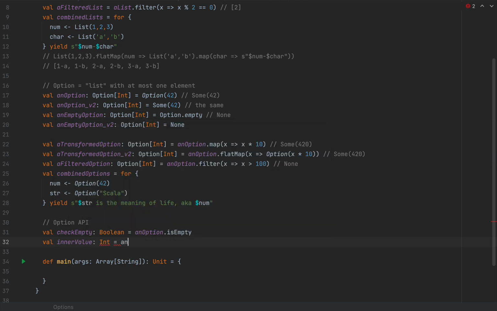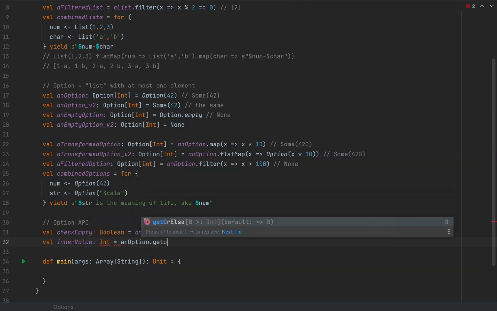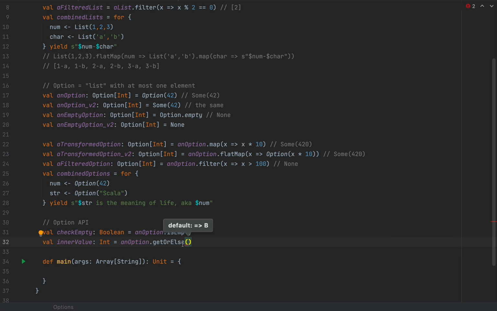I'm going to say an option dot get or else, and I'm going to provide a default value, let's say 99, and the mechanics of get or else will be that the value will be returned from the option if it is there, and if it's not, this default value will be returned,